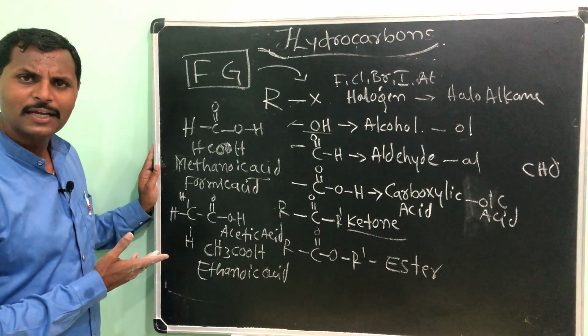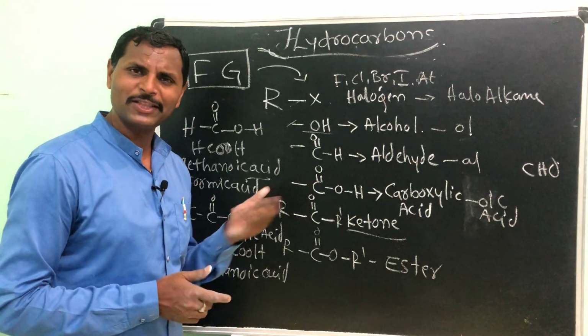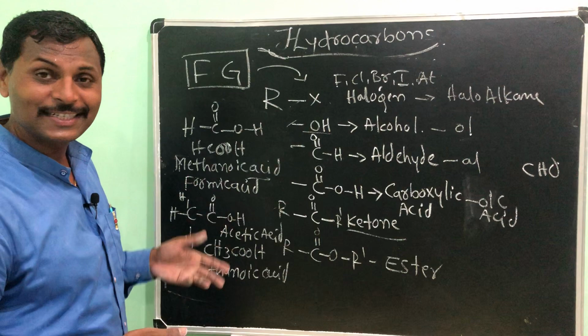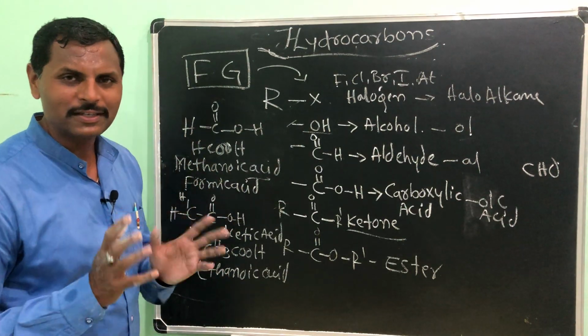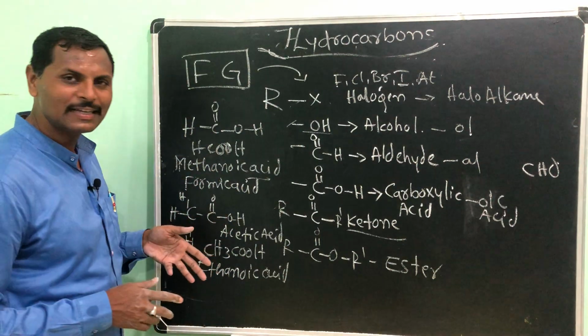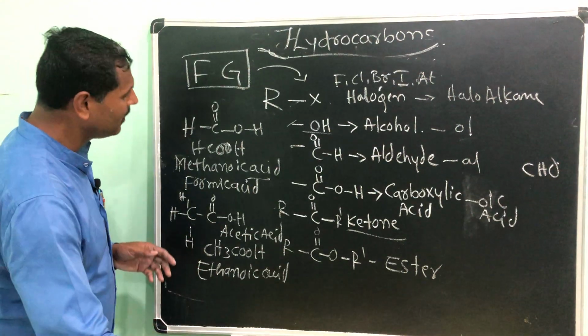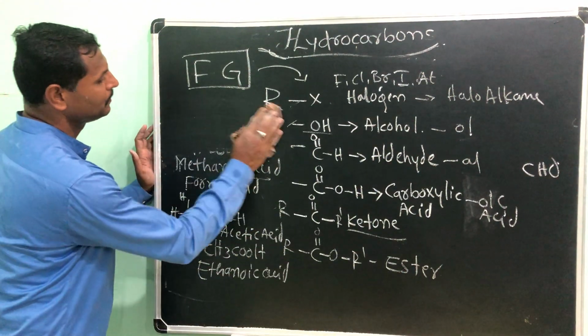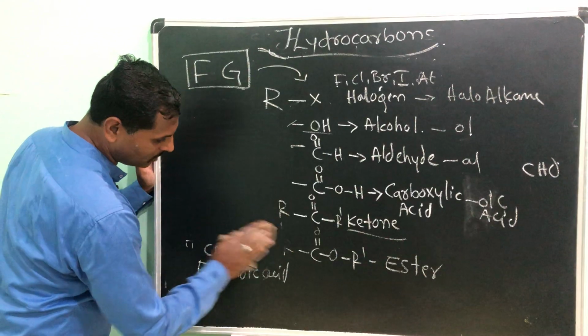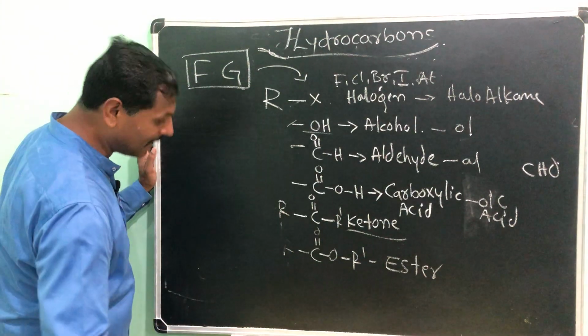Where do you find it? Simply in the ant bite you will find the methanoic acid or formic acid, isn't it? So somewhat it looks familiar to these two acids. I will write one more acid here. Formic acid or methanoic acid is over, acetic acid or ethanoic acid is over.